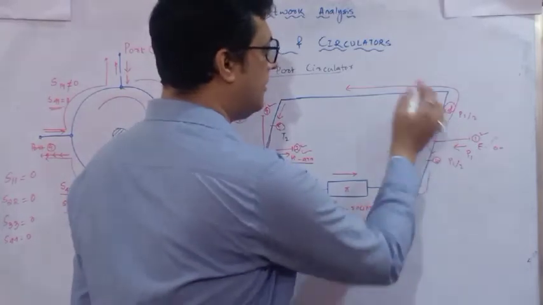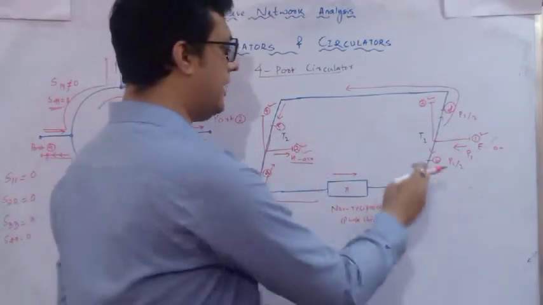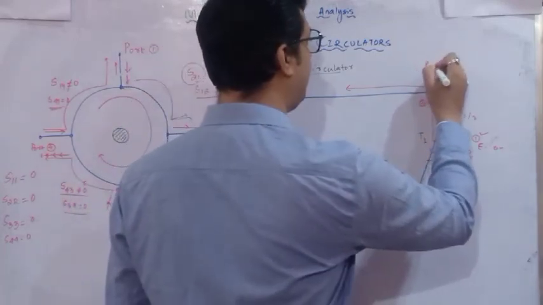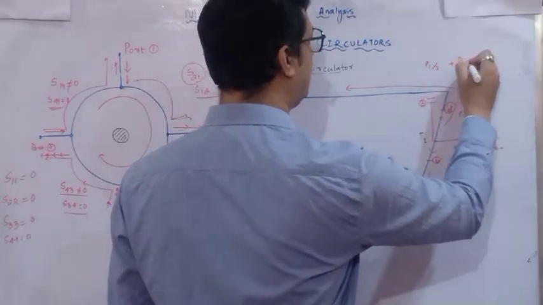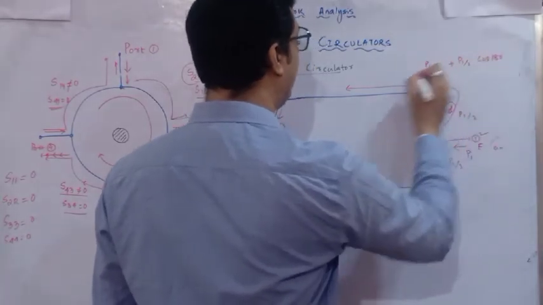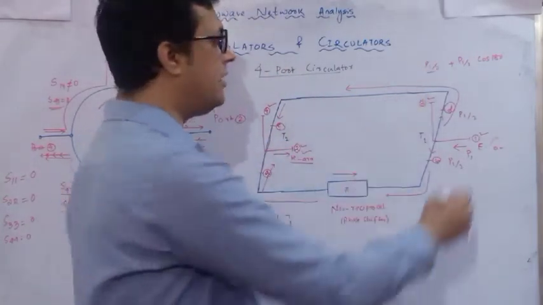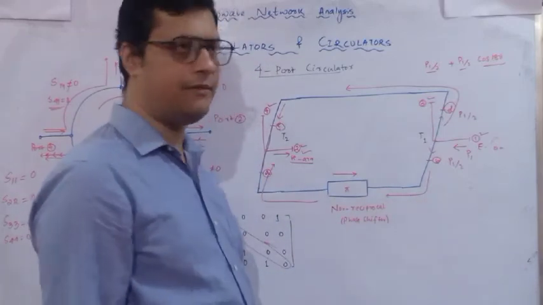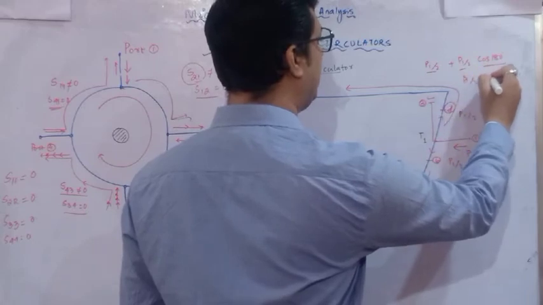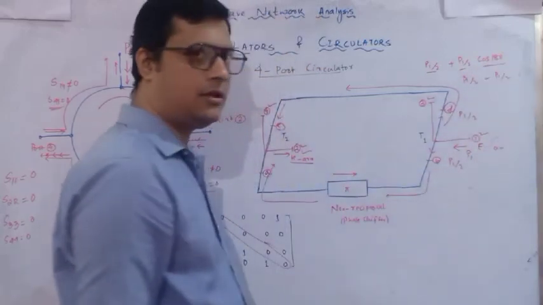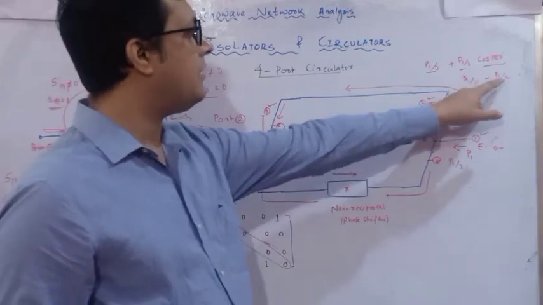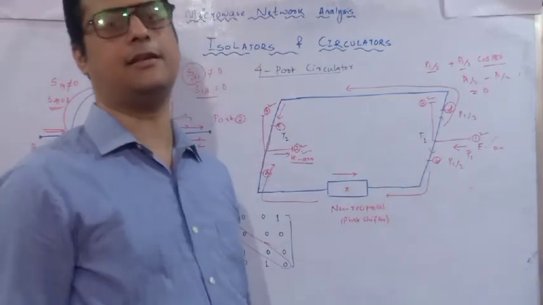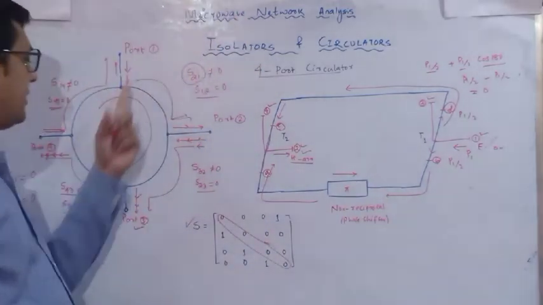And in this port 3, what will happen? In port 3, if it is reflected back from this, port 3 will act as a summer. So here in port 3, we will have P1 by 2 plus P1 by 2 cos 180 degree. So P1 by 2 is the upper part power and P1 by 2 is the cos 180 degree, which is phase shifted by 180 degree. It is a non-reciprocal, as I have told. So if you add these two, P1 by 2 and minus P1 by 2, because cos 180 is minus 1. So P1 by 2, resultant is 0. So at output 3, the resultant is 0. So that is the working of P1 and P2.